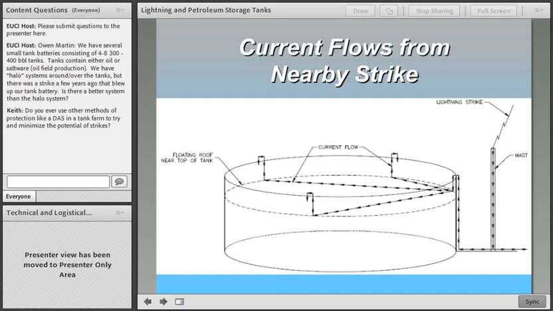the strike typically terminates near one of the poles holding up the shield wire, because the pole is the highest part of that kind of protection system. So, if you have a strike to the pole or to the wire connected to the pole, the lightning current would be split in both directions. Roughly half would go to one mast and the other half would go to the other mast.